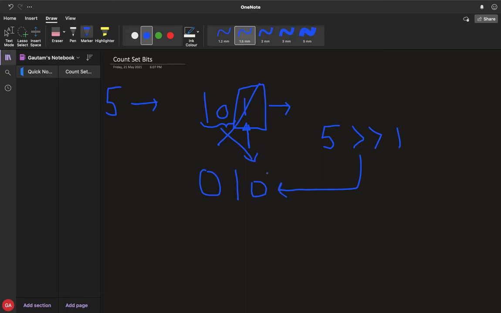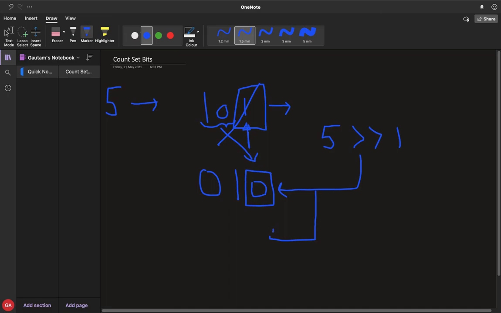Again we'll check the first bit of this number, it's 0, so we'll not increment the count, and then we'll again right shift it. So right shift again by 1, and a leading 0 is added here.